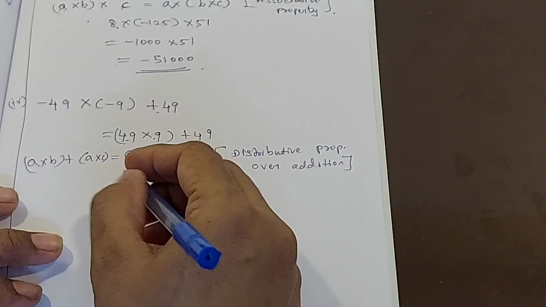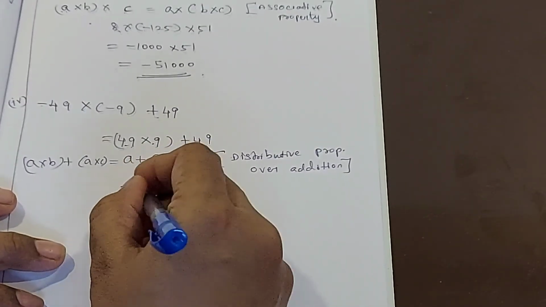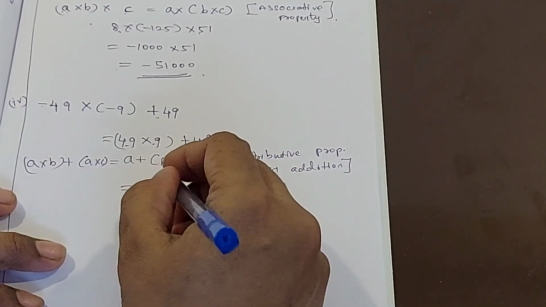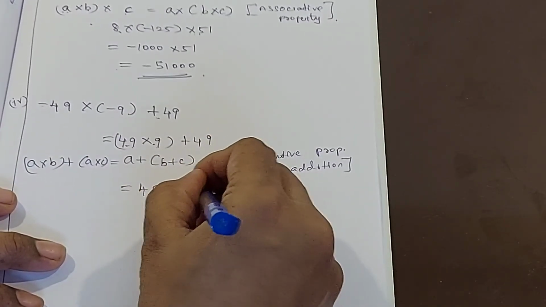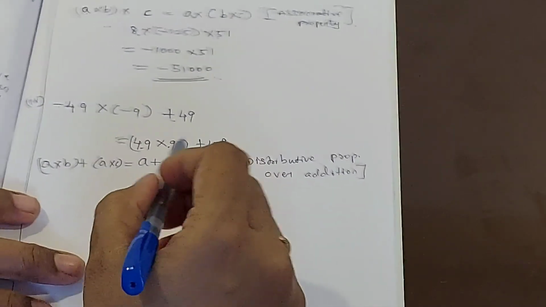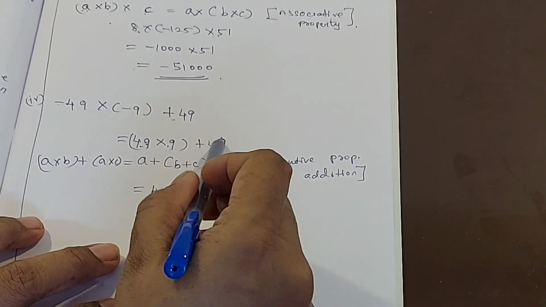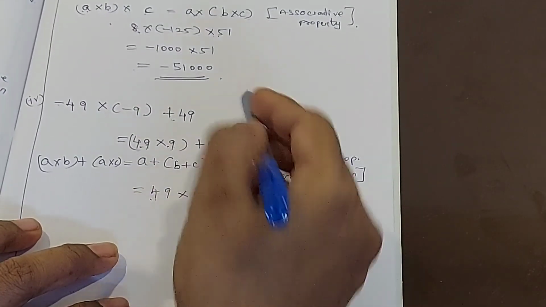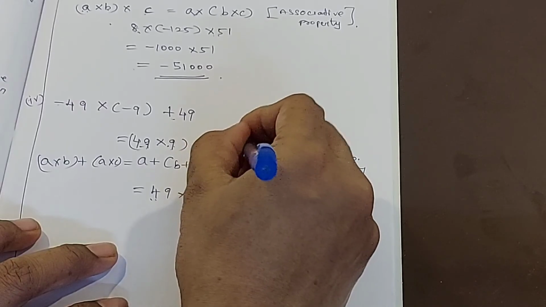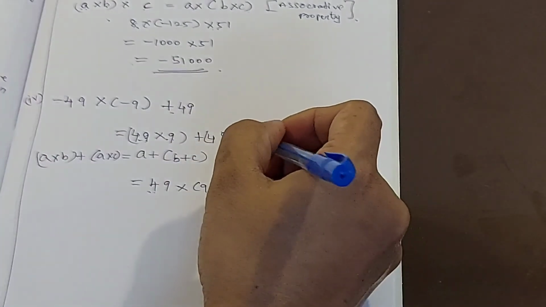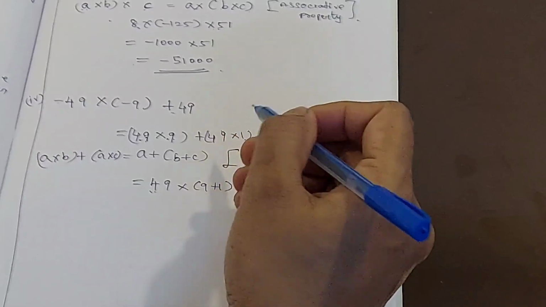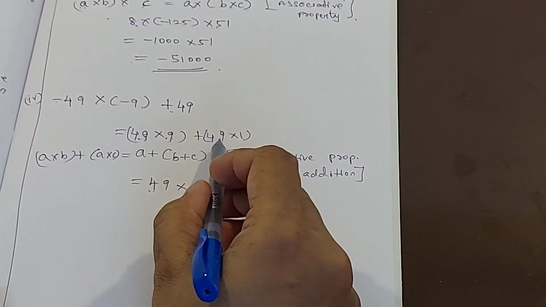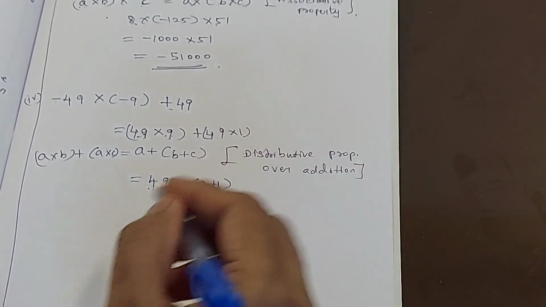Okay, so now I am going to expand this. So 49 into 9 plus 1. How will I get this? See, in both the terms I am having 49. So I am taking out this 49 as a common term and I am writing here one 9, and I can write this as 49 into 1, which is the same as 49. We have done it in the previous problem, the first subdivision itself. Okay, children, 49 can be written as 49 into 1.